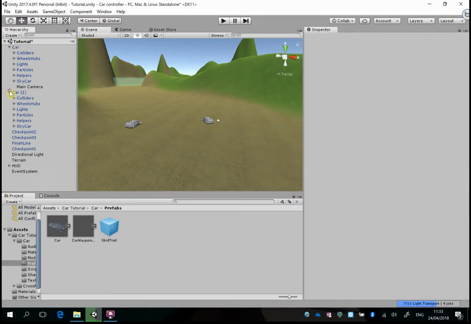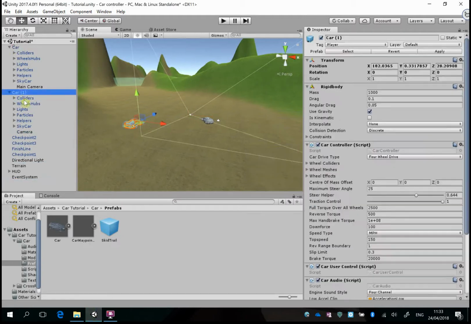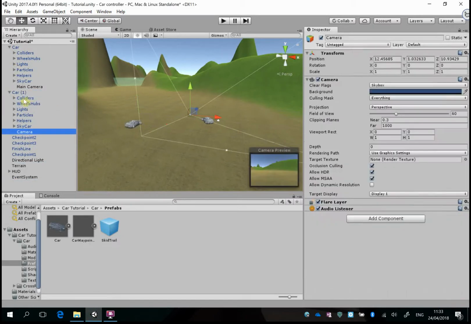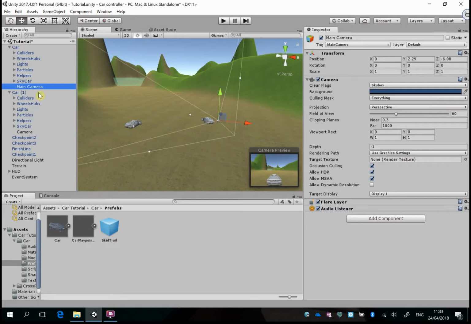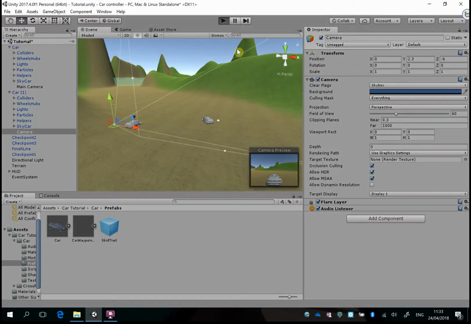So I can copy and paste, or I can just right click camera and drag it onto this car. So there's a camera on each car. And let's get the same numbers. 0, 2.3, minus 6. So we've got a camera on each one. If I press play now,